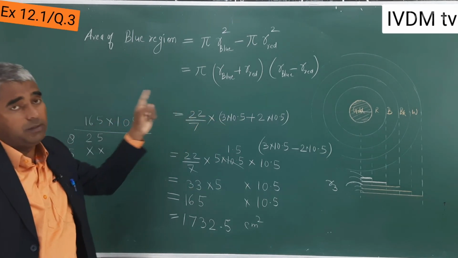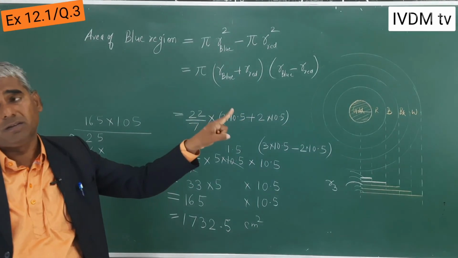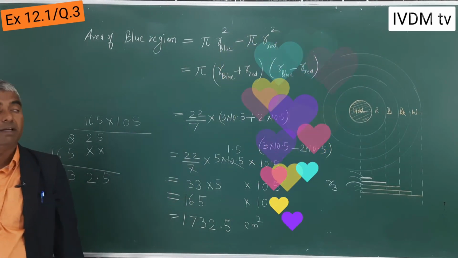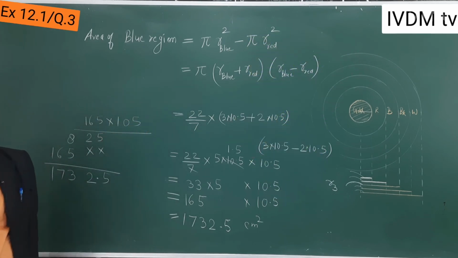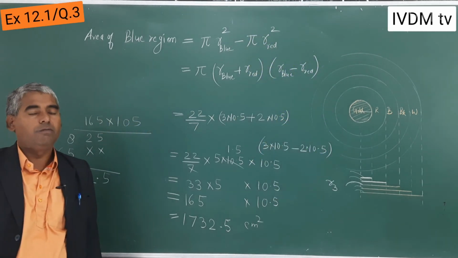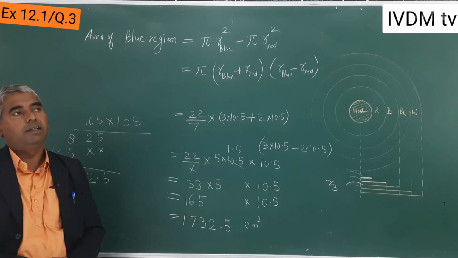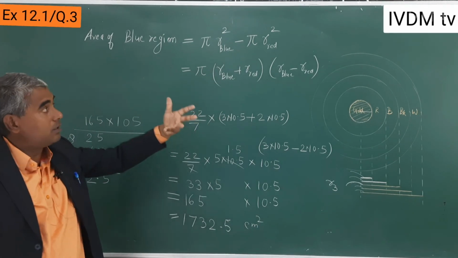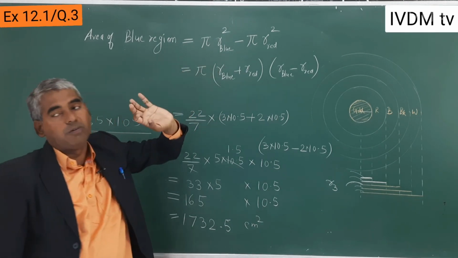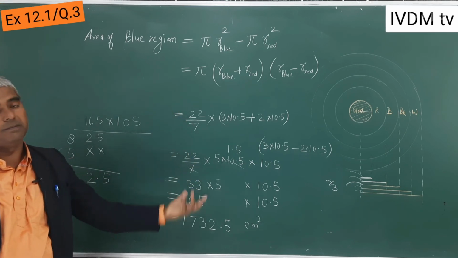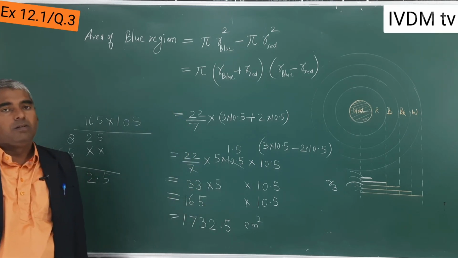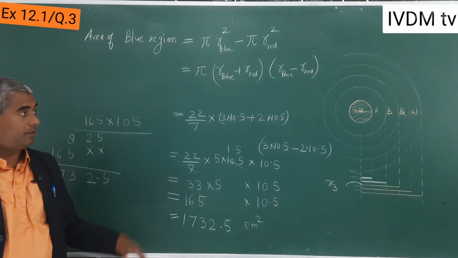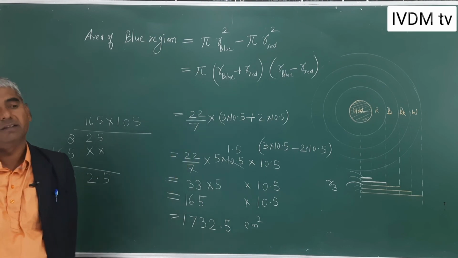So similarly, after the area of the blue, you can find the area of the black and the area of the white. Try to find them. Similarly, you can find other regions also, and check from your book. This is the main thing to be taught in these questions: how to find the area of the ring and how to solve it. Okay, thank you. Solve the 2 parts by yourself and check your answer. Keep watching.